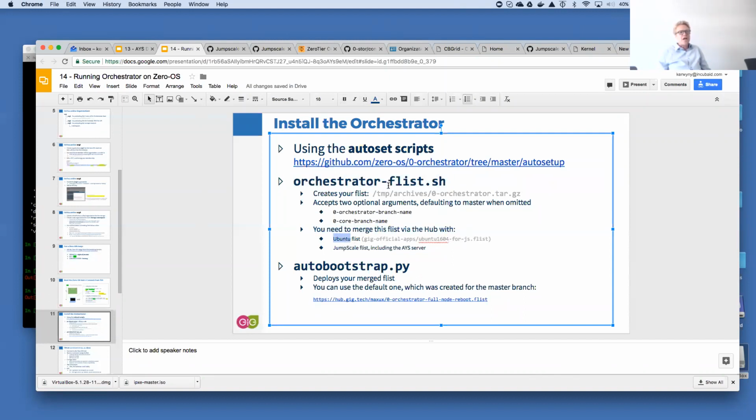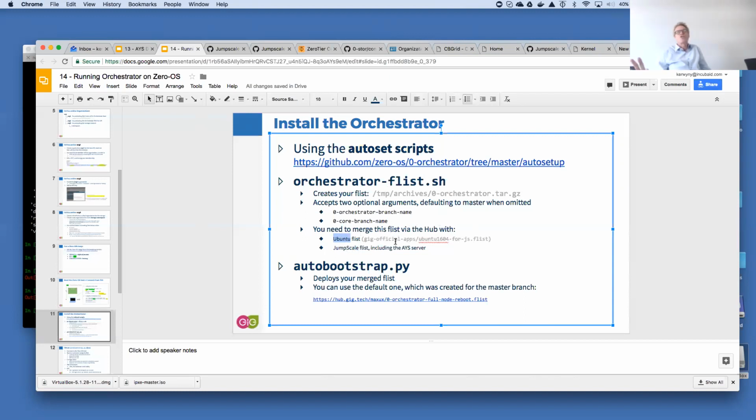Because basically this F-list only contains the metadata in this small database of the files in order to install the orchestrator. The orchestrator on its own needs Jumpscale, and Jumpscale needs Ubuntu. So these are 2 other F-lists which are available in the hub.